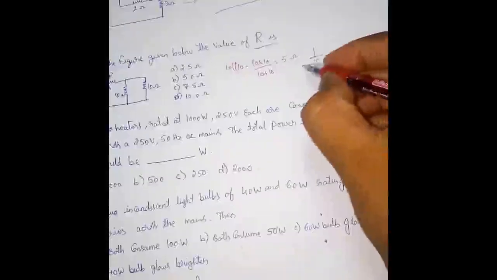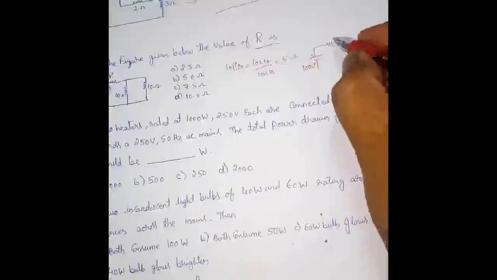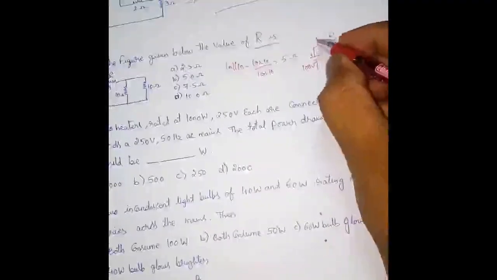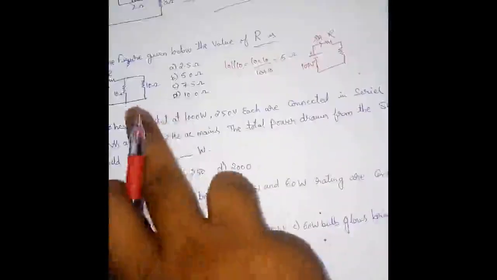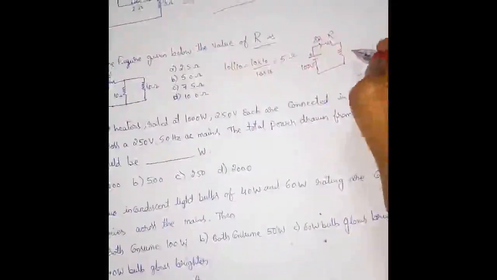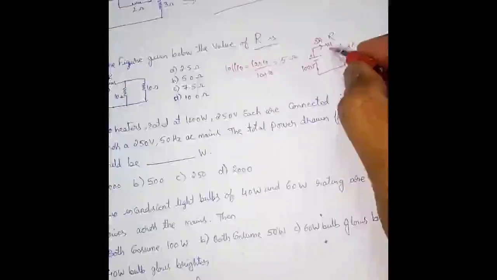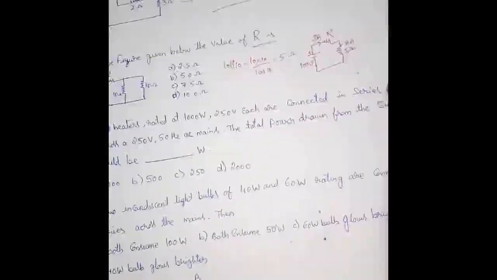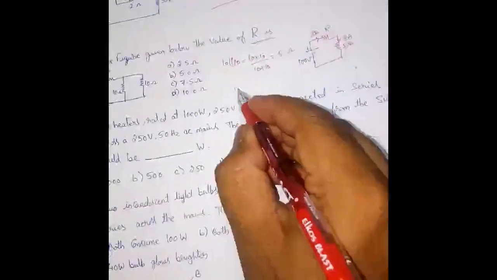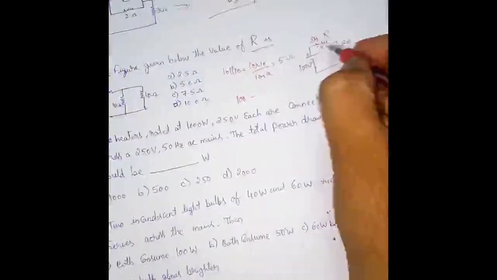There was a source of 100 volt with the resistance R, which you need to find, where the current was 8 amps in that circuit. And we simplified both 10 ohm, 10 ohm, and I got 5. So this is 5 ohms. So the current flowing in this branch will also be 8 amps because these two are in series now. So we can find that by applying KVL, we can say that 100 volt minus